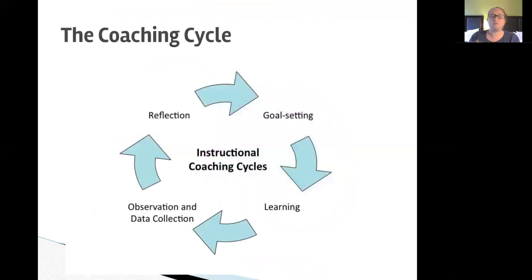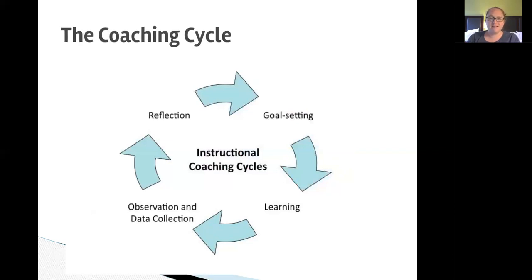So there are different visuals. This is a very typical one that we actually use in this region to train mentor teachers. The BOCES will often do new teacher or mentor teacher training for anybody who is a mentor to a new teacher in all of the different districts. And this is kind of the training that they use.